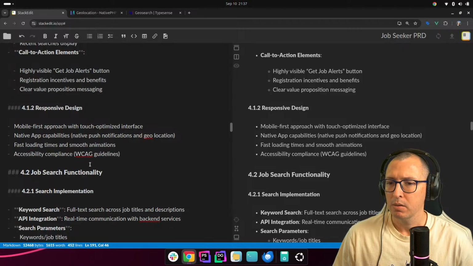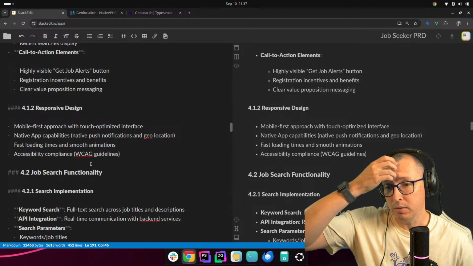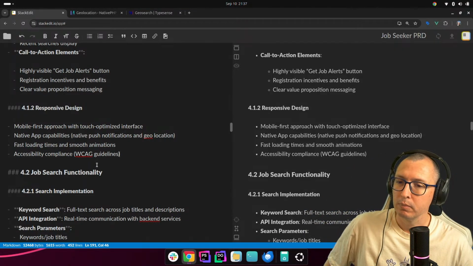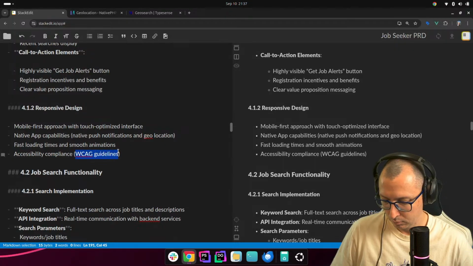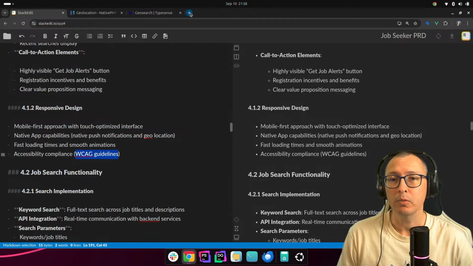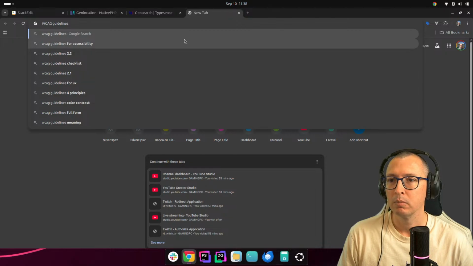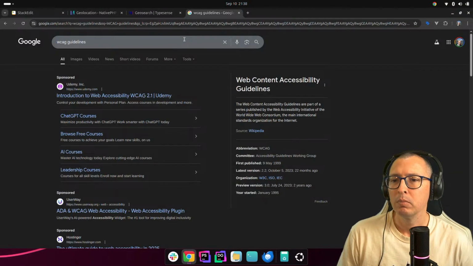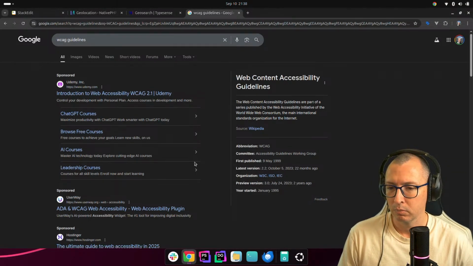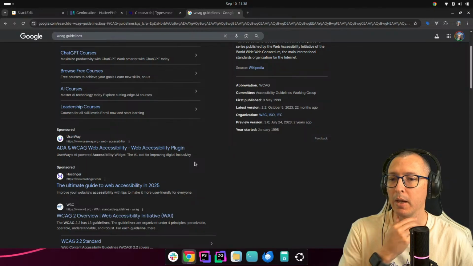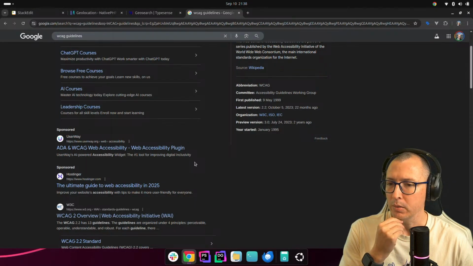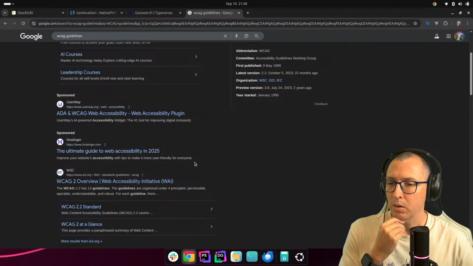I don't know what this is. WCAG guidelines. What is that? That's a new concept for me. Web accessibility.